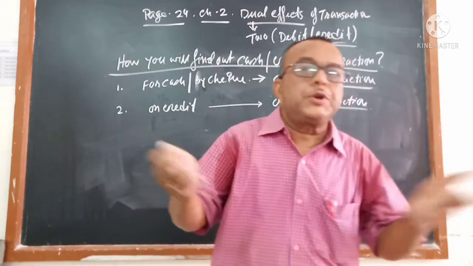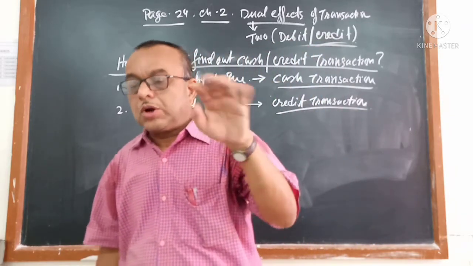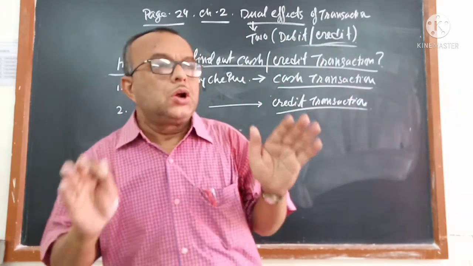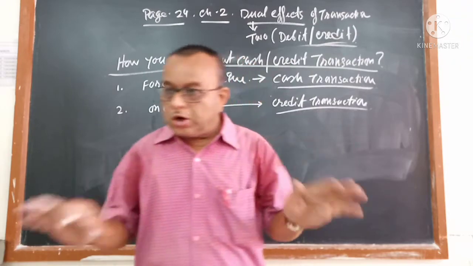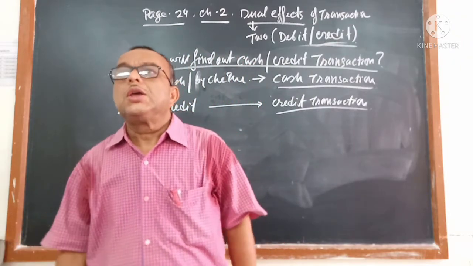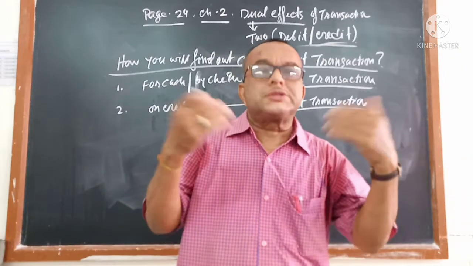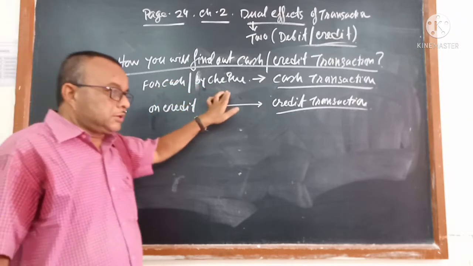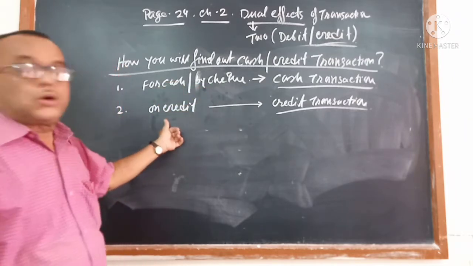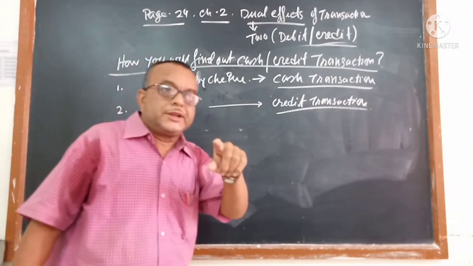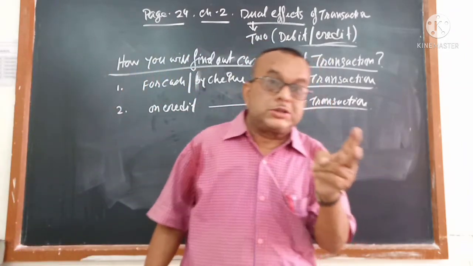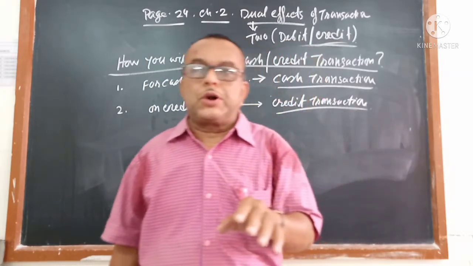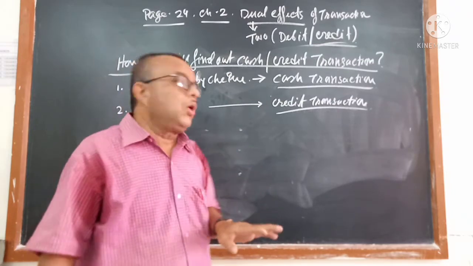For cash means the money is paid or received then and there, paid or received depending on what type of transaction you are doing. So for cash means the money is paid on the spot. On credit means the money is not paid or not received on the spot; you will pay afterwards or receive afterwards. So first I will try to find for cash or by check. If I do not get it, then I will try to find on credit. In the same transaction, both the words for cash and on credit will not be given. Either for cash will be given or on credit will be given.